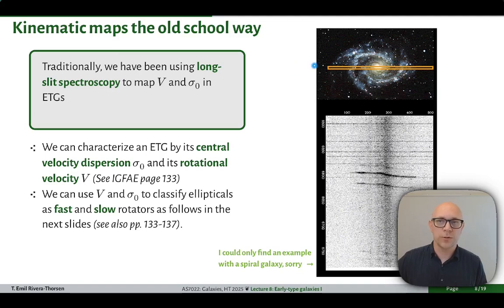So what we would do would be to place a spectroscopic slit across the galaxy, and then from the emission lines, but in an early type galaxy from the absorption lines, map the red or blue shift of the stars in the galaxy, or in this case the gas,